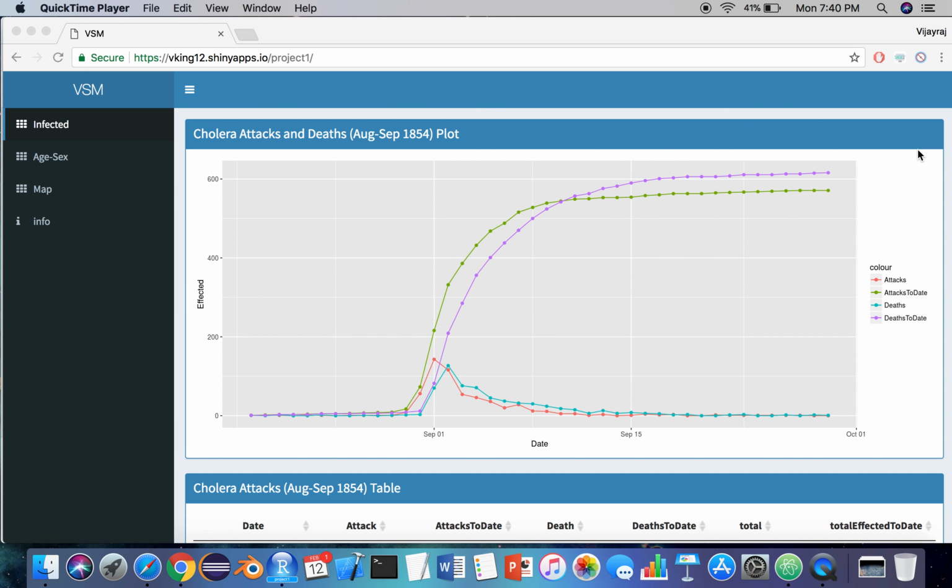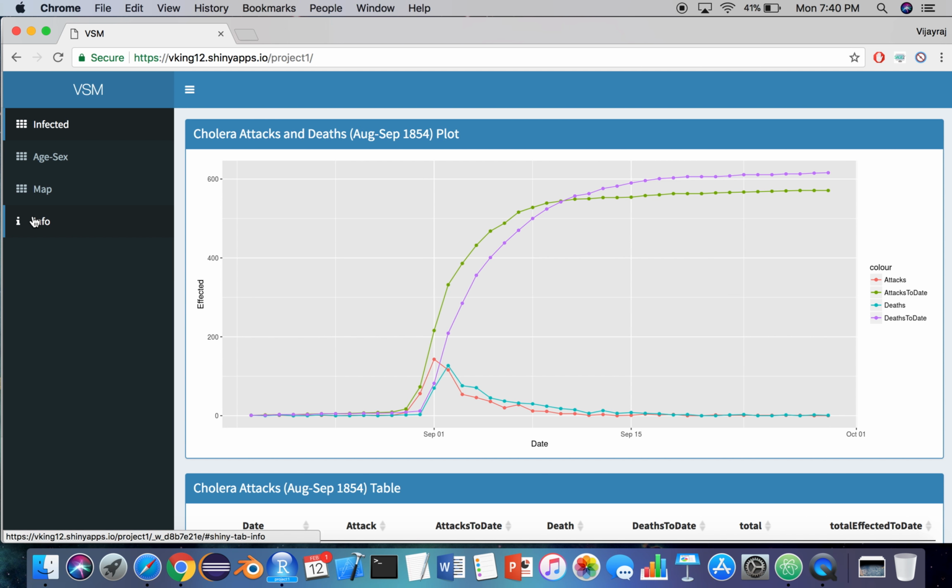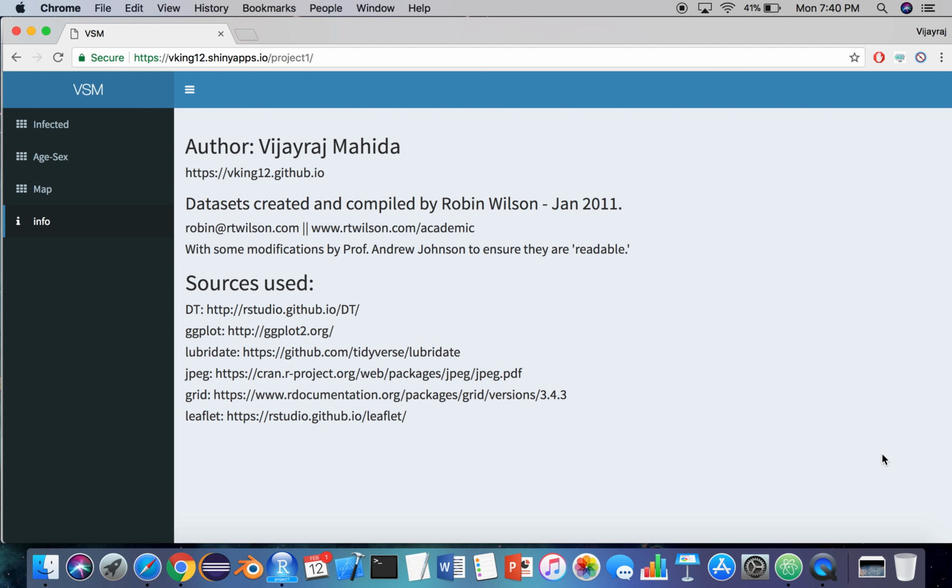Today I'll be demoing Project 1 for CS424. This particular data that we're looking at is actually data provided by John Snow in 1854 during the cholera outbreaks in approximately London. This particular data set was actually provided by Robin Wilson in January 2011, but some of the